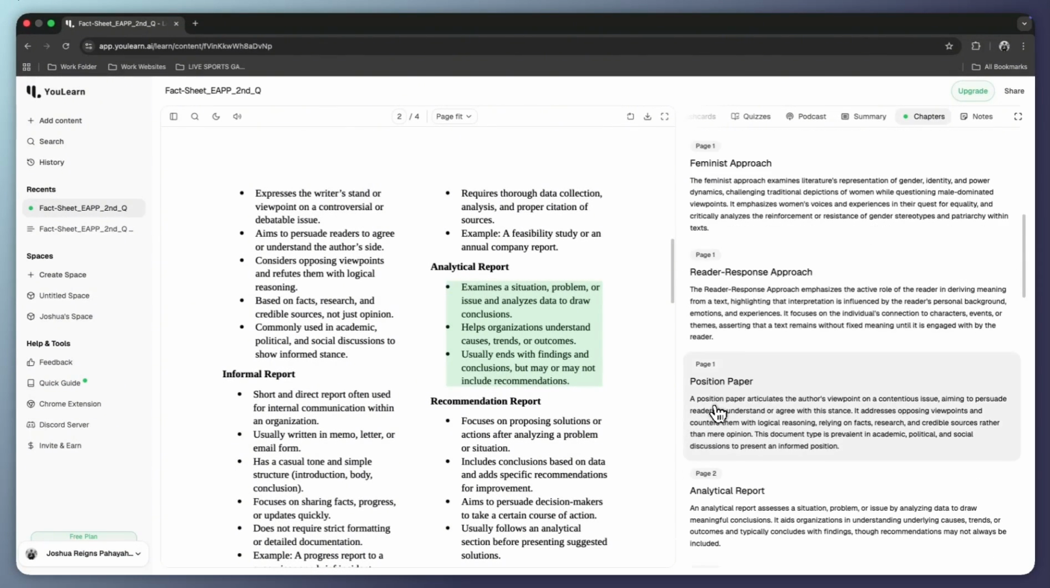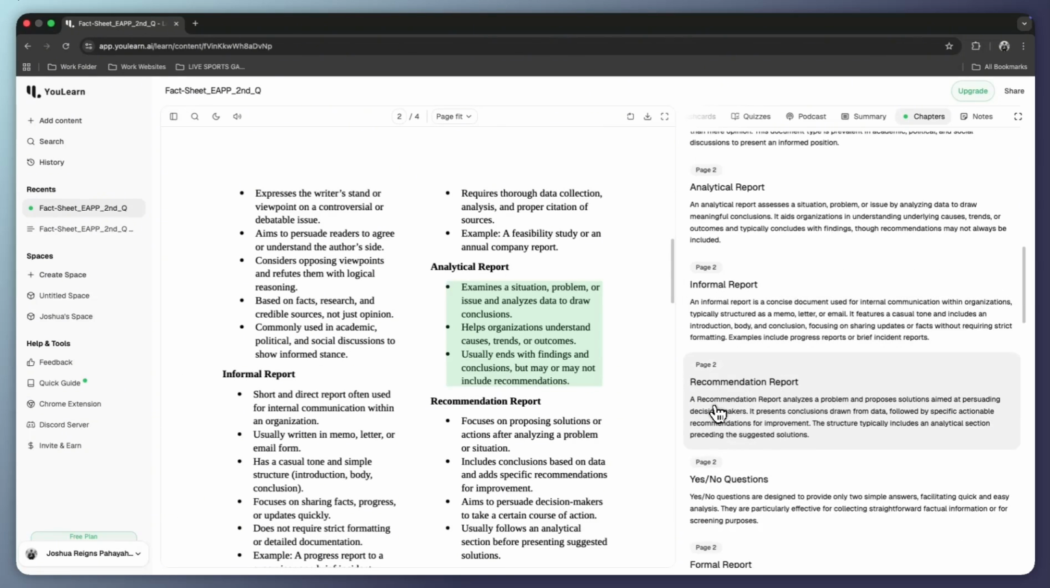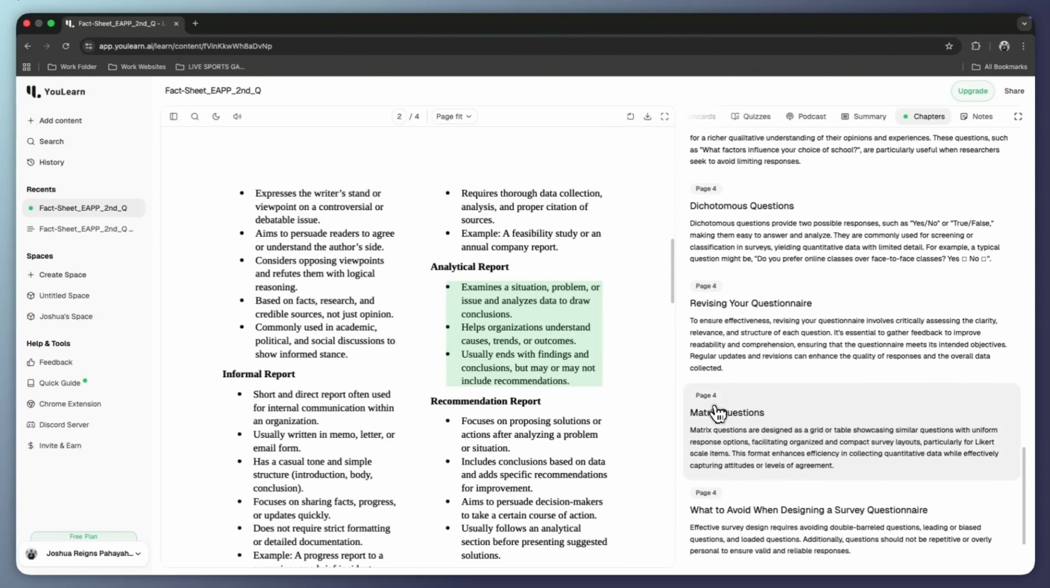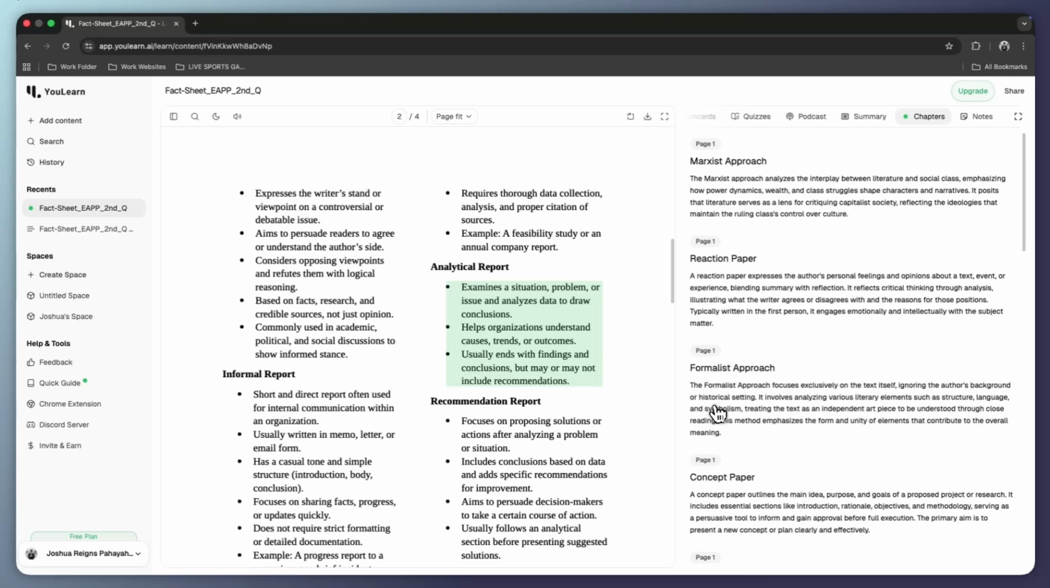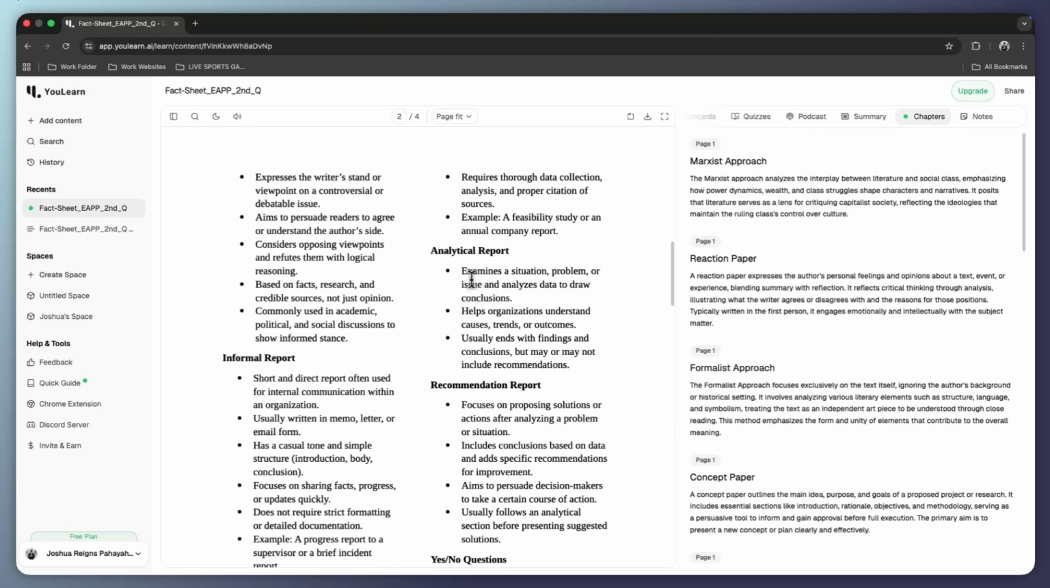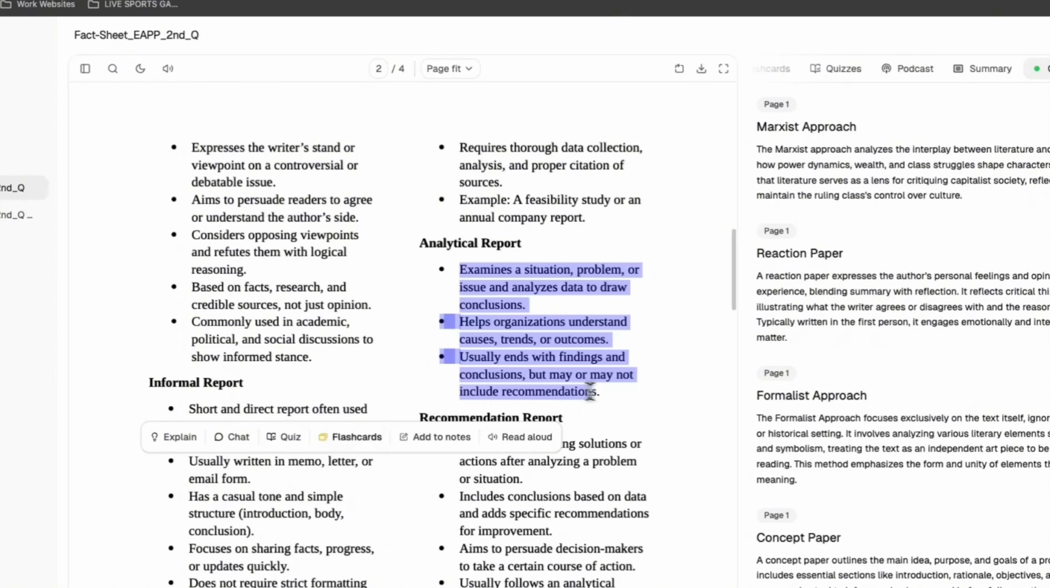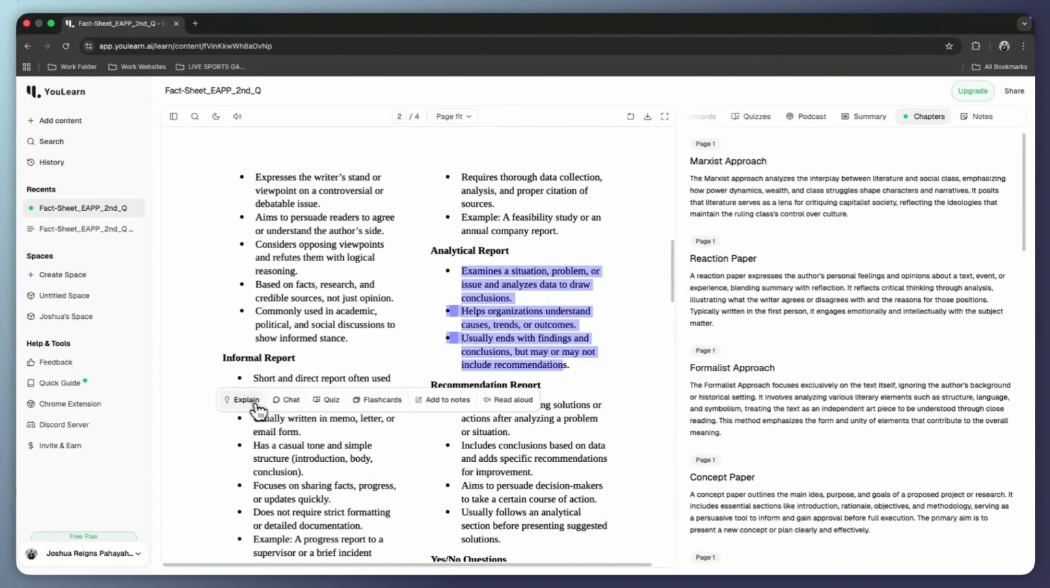So it breaks the document into page 1, page 2, and so on. And each page gets a short explanation, which helps you when you want to study in small chunks. And one of the best parts of YouLearn is that you can highlight any text inside the document and choose